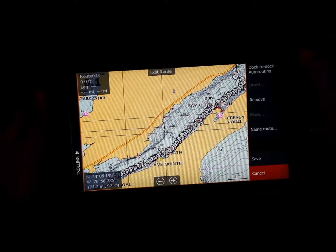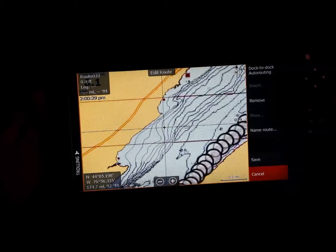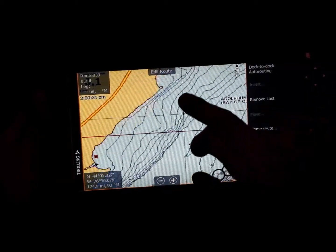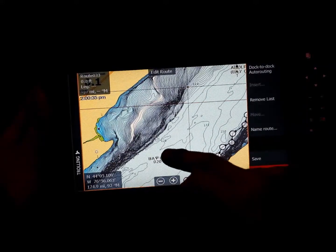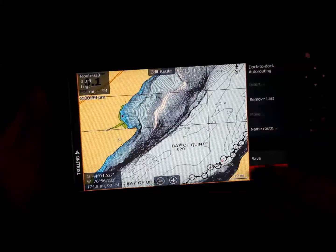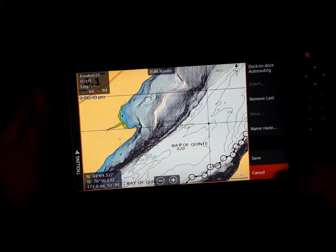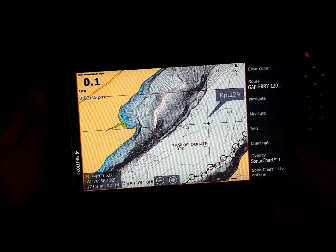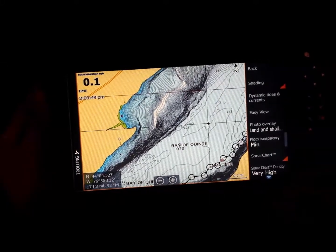show the menu, and I'm going to zoom in here. And we're just gonna follow it here. Let's say we want to stick to around 120 some odd feet of water. So right now, you can actually see the white. How I actually do this is, let's cancel out of the route, go into chart options, go into view, and